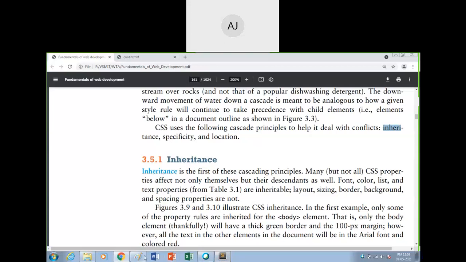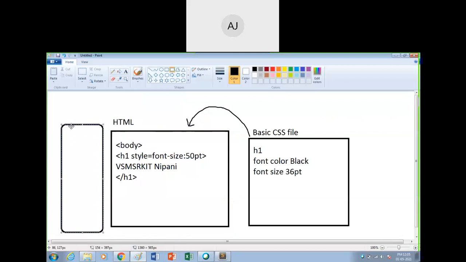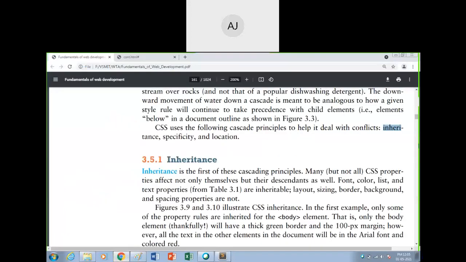Now what is the question here? You have to decide whether to give preference to college or to the government rules, yes or no. That decision will be taken by you, depending on which has to be preferred first. If you have exams, you have to come. If there are no exams, you can sit at home. This is the decision you take depending on the situation. Similarly here also three situations are there: specificity, inheritance, and location. Depending on these, you take the decisions.